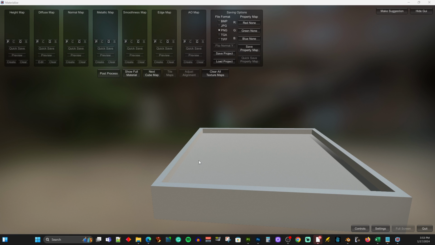But where those edges are, it's also going to produce a certain amount of AO. And this is something kind of new for me. I never played with an AO map this way with the Blinn-Phong materials. You might have been able to do that. I think I read somewhere that you could embed it in one of the others,